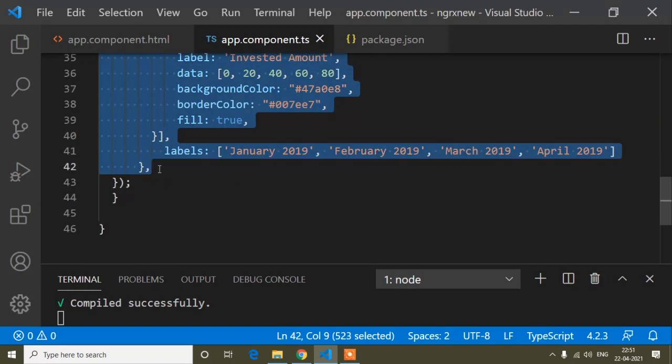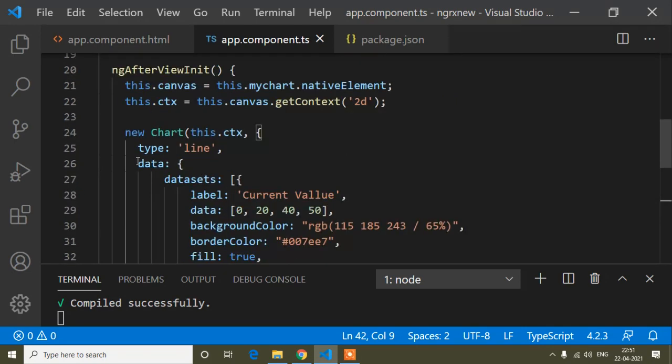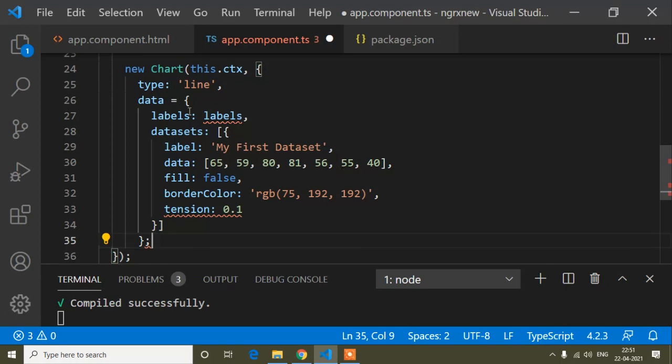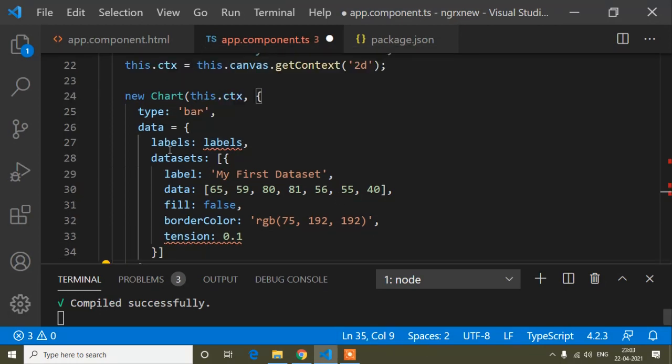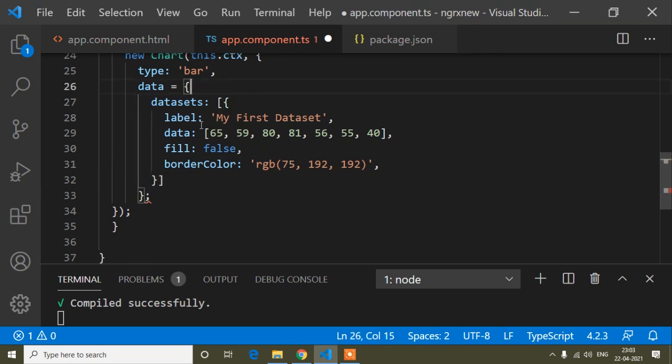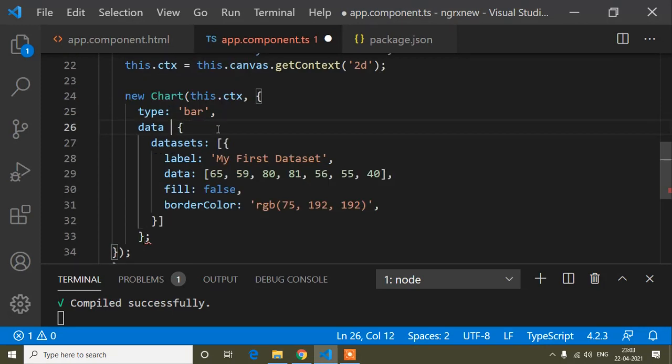I will paste this one, and I'm getting an error. To remove this error, I don't need that, so I will remove it. And I don't need that label, so I will remove this one. And here I have to write a colon, and here I have to remove this semicolon. So now the error is removed.